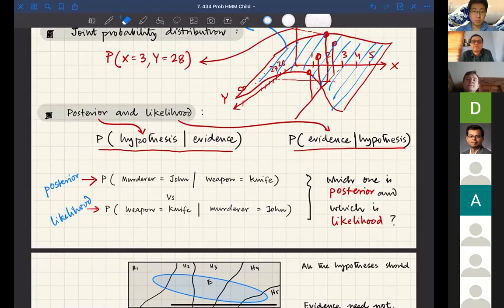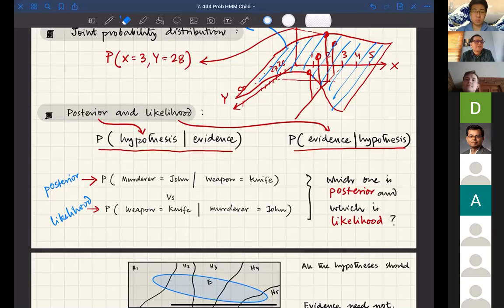Okay. Anyone else? I'm just shooting in the dark here, but maybe it depends on how you define hypothesis and evidence. It depends on how you define hypothesis and evidence. Very nice. I think that's the answer I was looking for. So shooting in the dark worked. In fact, I think in almost all cases, depends is the correct answer.